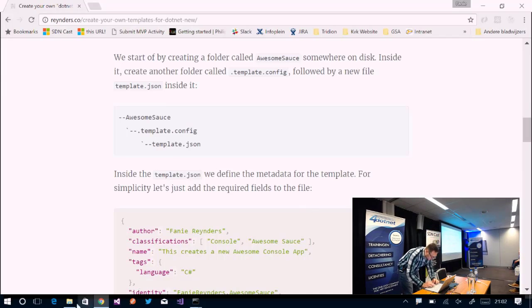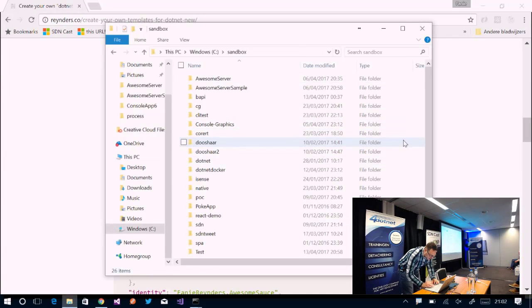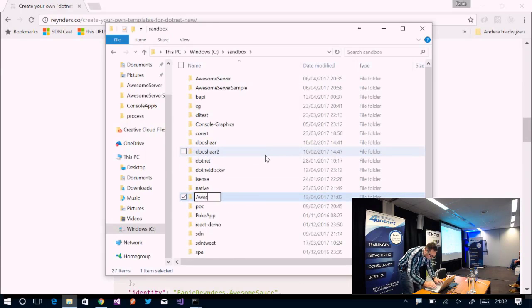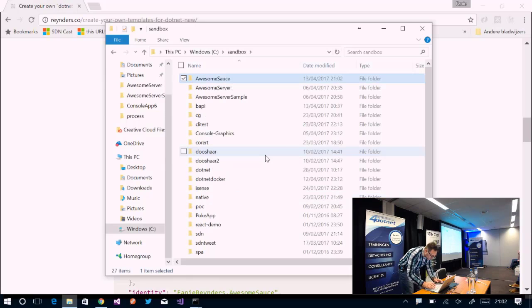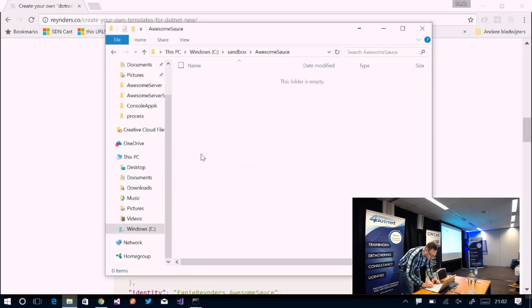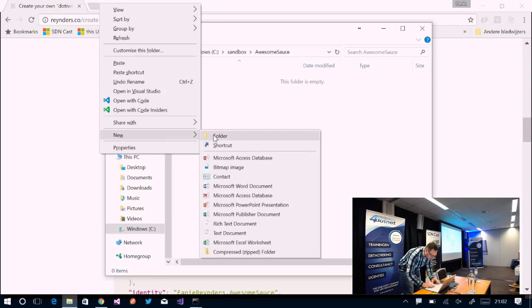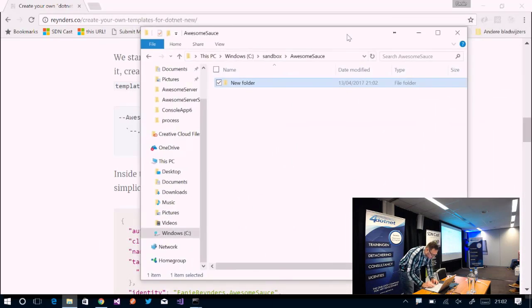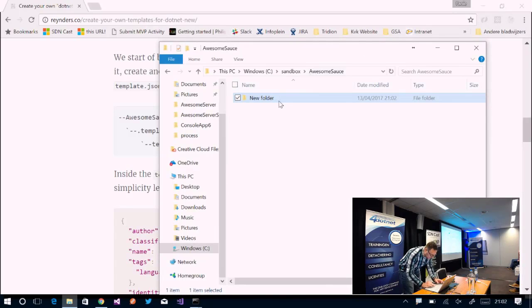Right, so let's do that. Let's have an awesomesauce folder. And let's create a folder in here called, what was it called again? Template.config or .template.config. If my machine works with me. Here we go. And in here we have a